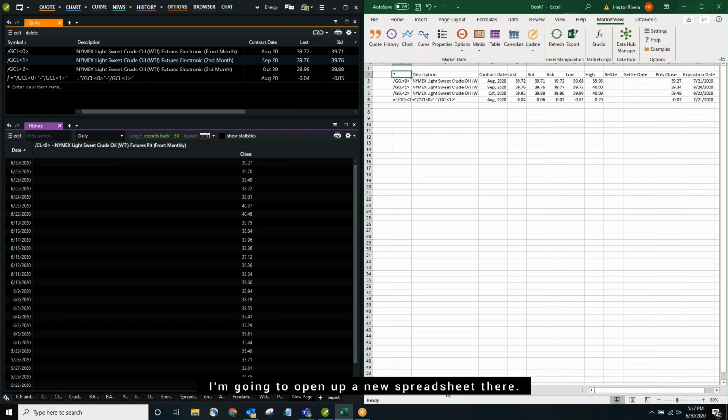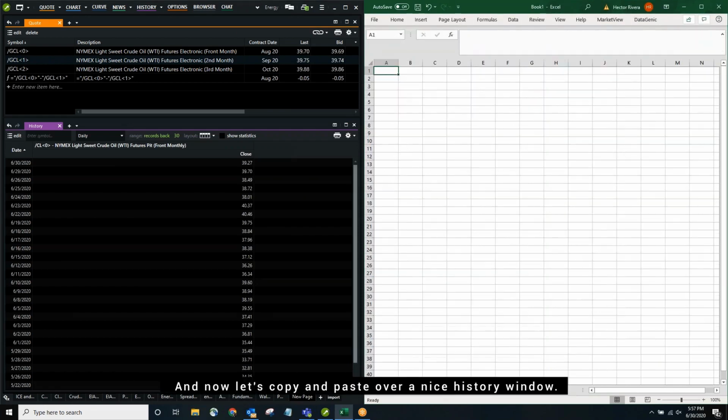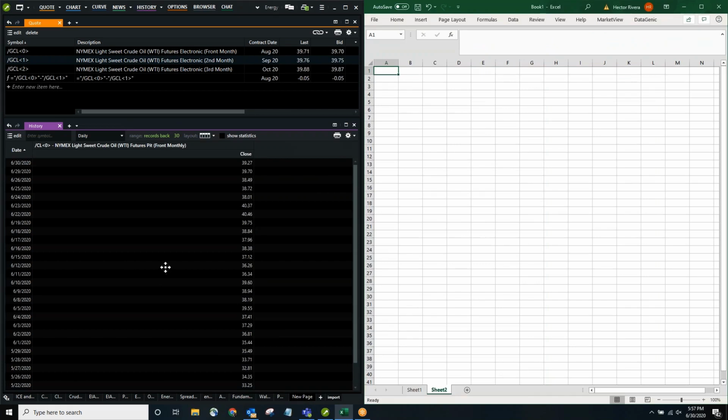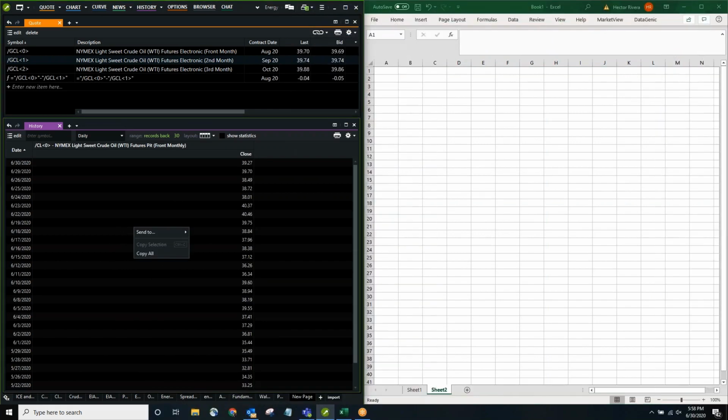I'm going to open up a new spreadsheet there. And now let's copy and paste over a nice history window. So going back to our history window in the MarketView desktop, anywhere in there, just do a right mouse click, click on Copy All,